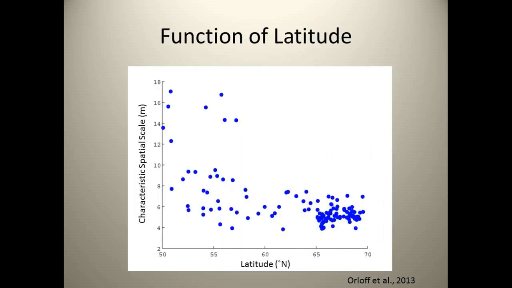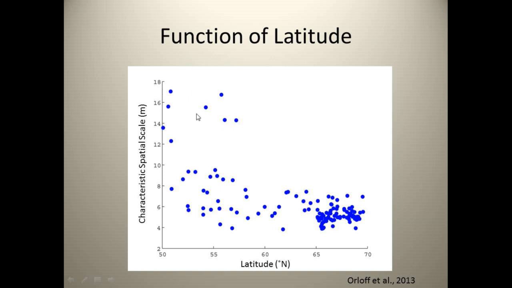And so if I look at the distribution of values for those images from the previous subsets, I find something very interesting. First of all, at about 60 degrees, I have a sharp transition from the types of polygons I have. North of 60 degrees in latitude, I have only short or small scale polygons. And south of 60 degrees, I have a much greater diversity in the sizes of the polygons, or at least the characteristic spatial scales of the polygons that I find. I still find these smaller values, but I find much, much more larger polygons as well.